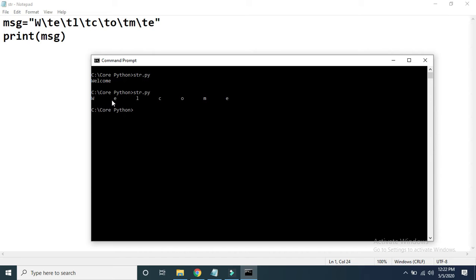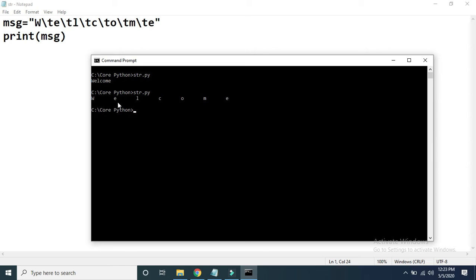Now here the important point is, if you use \t, then it will just give total 8 character space. It will just put total 8 character space. Means after w, see here \t is there, so after w it will just leave 8 character space, and then it will just place next character.